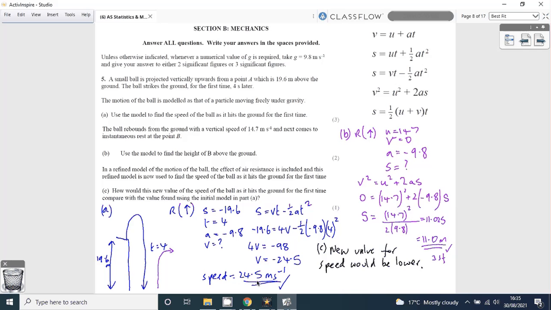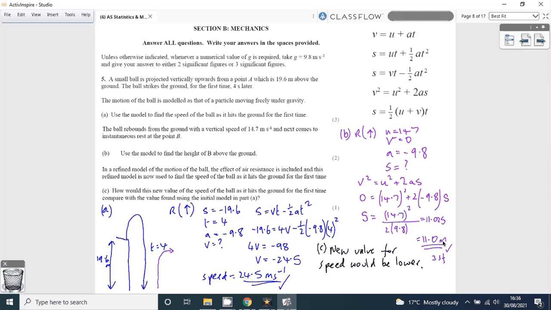Speed is always positive. Now for part B, after the ball's hit the ground and it goes upwards, we're trying to find the distance when it comes to rest. So we've got u is 14.7, v is 0, a is minus 9.8, and we're trying to work out the distance. So substitute into v squared equals u squared plus 2as, and we can work out that the distance is